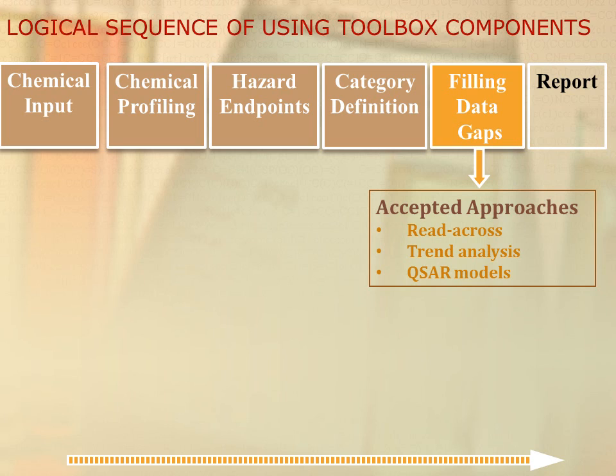Again, the differences between these different methods really depend on the available data that one would have for the endpoint and the chemical group that you're working with. Read across can be done if you have 2 or 3 compounds tested in a category. If you have a large category of 300 chemicals and 30 or 40 of them are tested, then you might be able to use the trend analysis and come up with a much more robust estimate